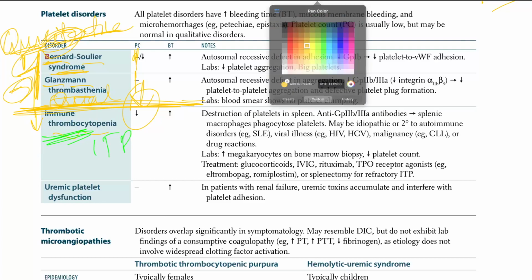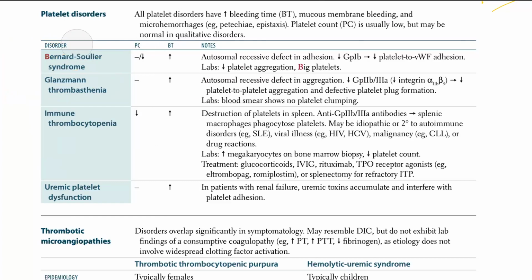Well, here, all we have is destruction of platelets in spleen in ITP. So you have anti-GP2B3A antibodies. So you have an antibody against GP2B3A. When you have an antibody against this, that antibody binds to this and takes it to spleen,